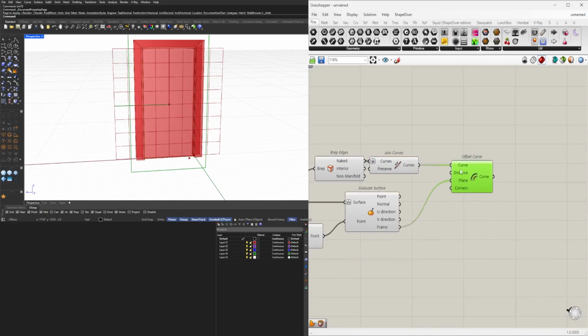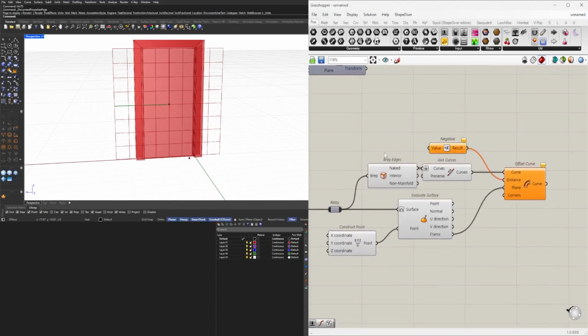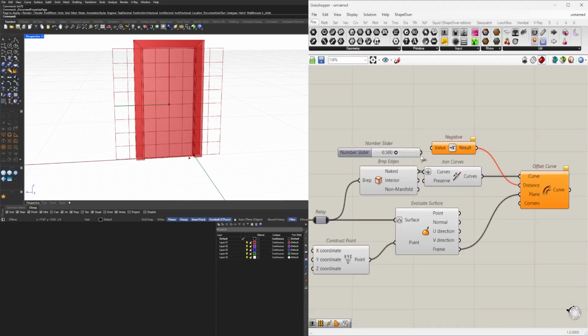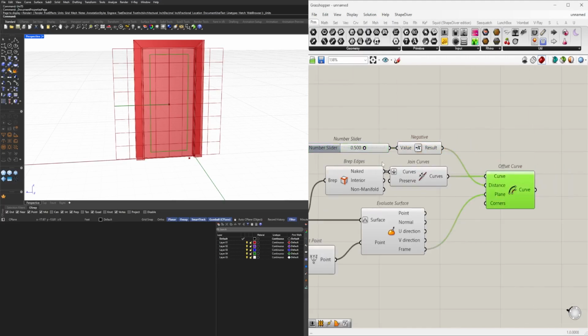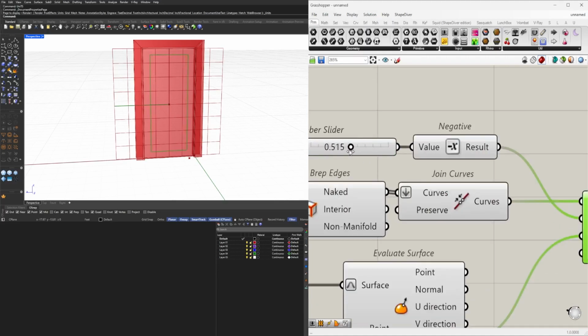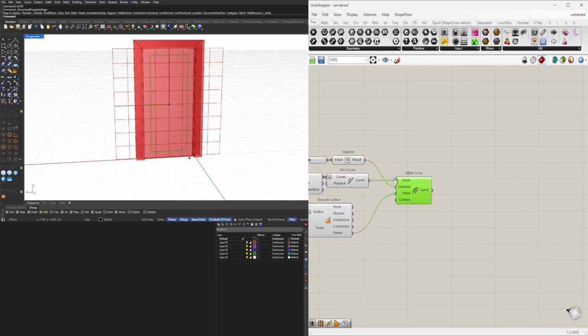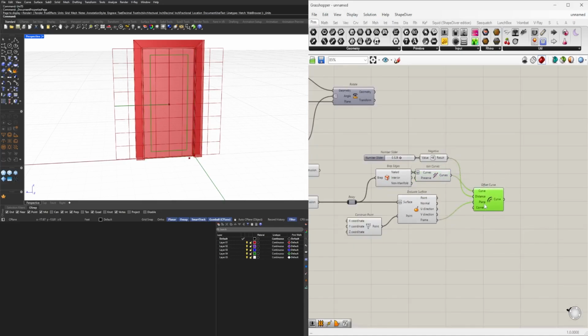Now it's offsetting to the outside, so we'll bring in a negative and offset to the inside. Okay. And now between these two, I can